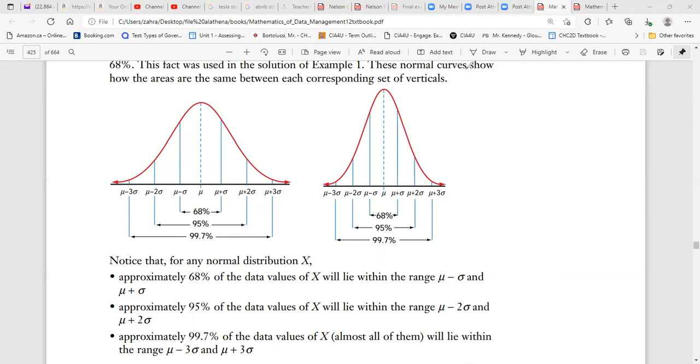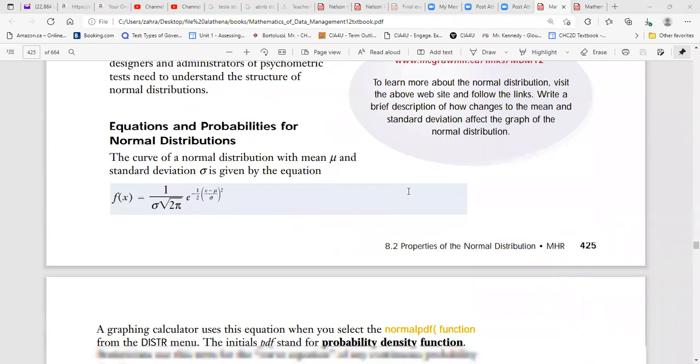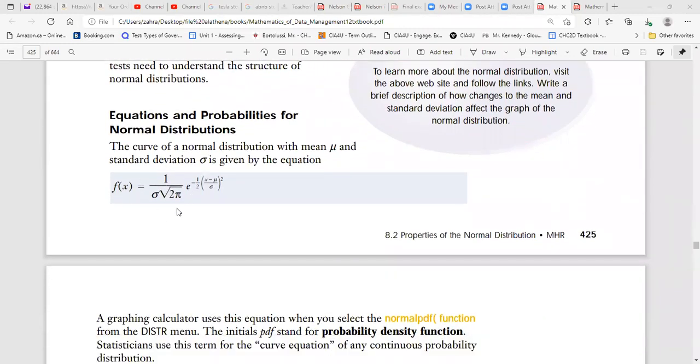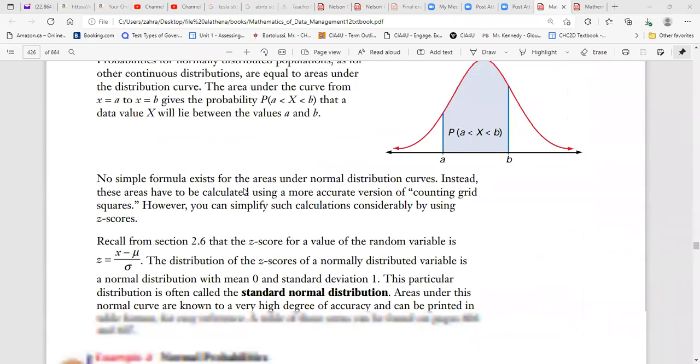Now, here is the general equation for the normal distribution, where mu is the mean and sigma is the standard deviation. We call this the probability density, equal to 1 over sigma square root of 2 pi, e to the power of negative 1 over 2, times (x minus mu over sigma) to the power 2. So x minus mu over sigma is what we call